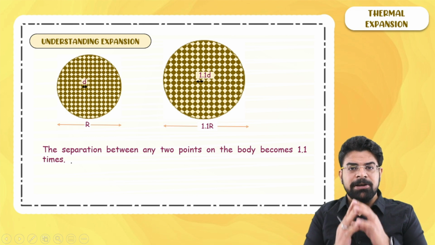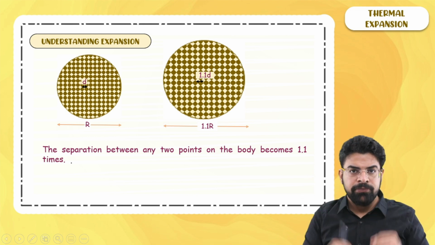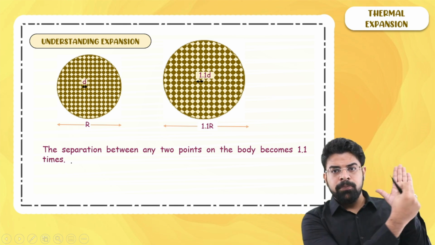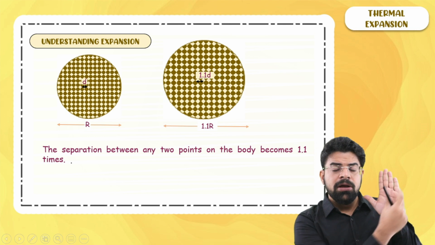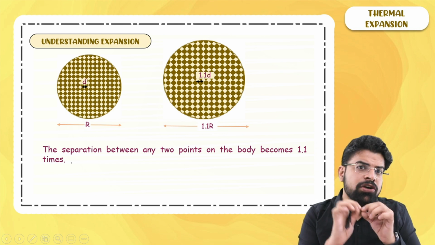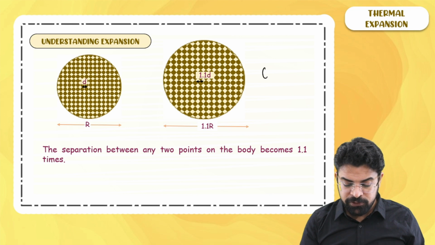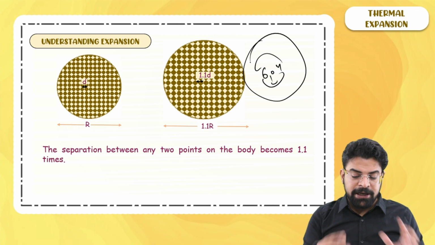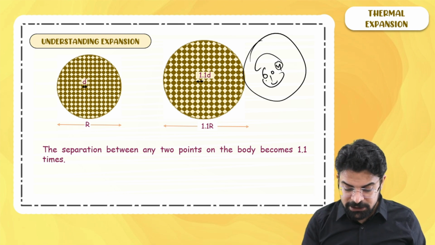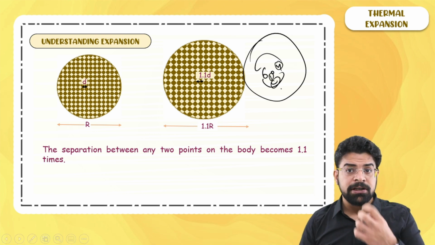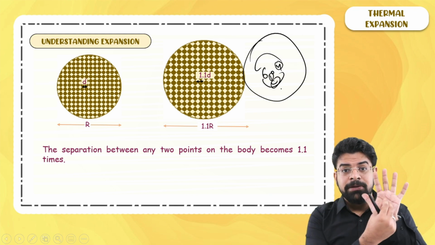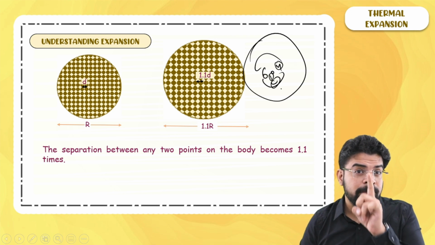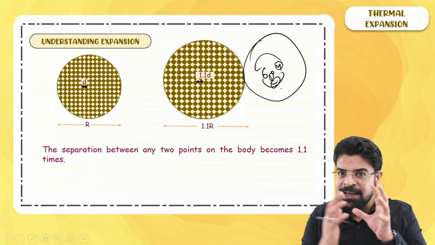Think of linear expansion as a photographic zoom in. You look at a photograph in your mobile, you zoom it in, you pinch it with your fingers and you zoom it in. What happens? The distance between any 2 points on the picture increases. If you visualize the face of a person on your mobile and you zoom it in, then the size of the ear increases, the size of the nose increases, the size of the mouth increases, the size of everything on zooming increases by the same amount. It does not alter the geometry. The geometry remains the same, just the size increases.